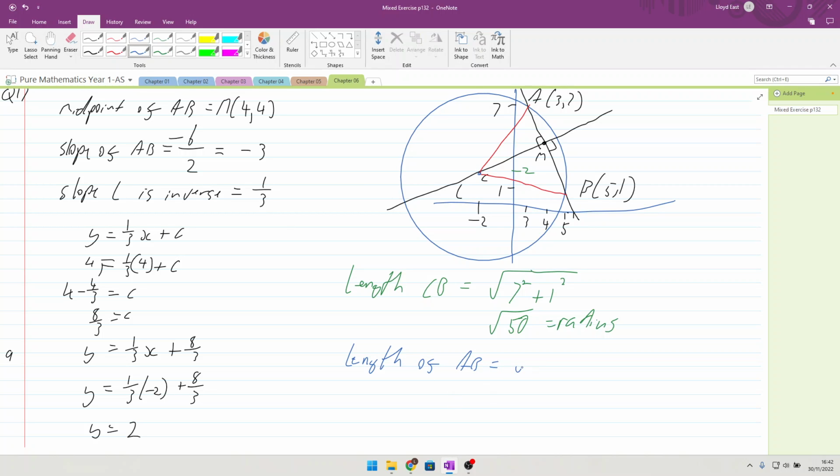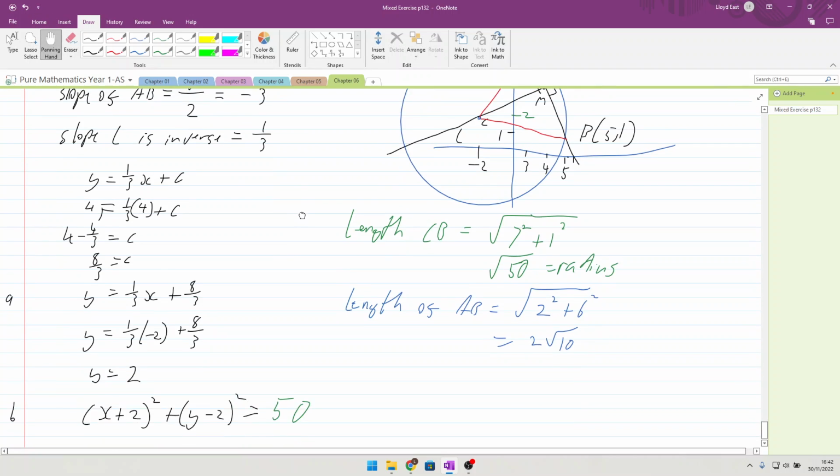Length of AB is going to be the square root of 3 to 7, 2 squared. 7 to 1 is 6. Okay, so 4 and 36. Square root of 2 squared plus 6 squared is 2 root 10. 2 root 10. And so the area